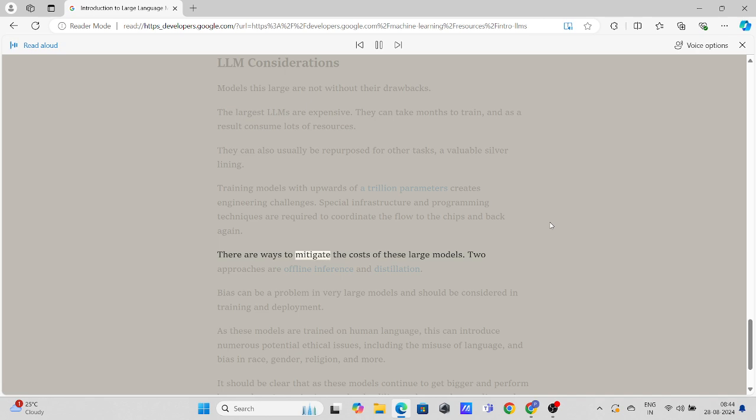There are ways to mitigate the costs of these large models. Two approaches are offline inference and distillation. Bias can be a problem in very large models and should be considered in training and deployment. As these models are trained on human